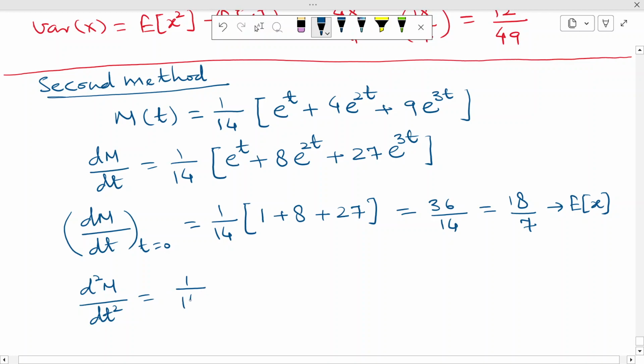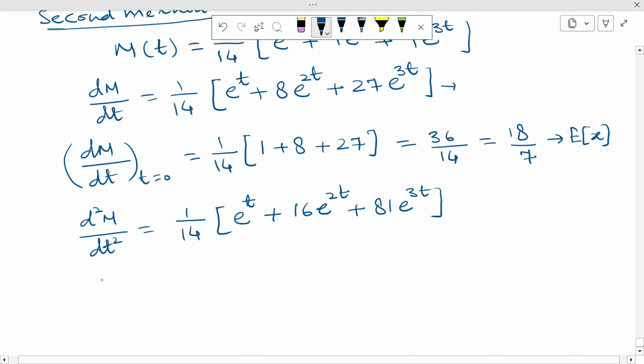So this will be 1 by 14 e to the power t. What we are doing, we are just differentiating this expression because this is the first order derivative. So if we are differentiating it again with respect to t, we will obtain our second order derivative. So this will be e to the power t, next we are having 16 e to the power 2t plus we will be having 81 e to the power 3t. So when you are obtaining the value of this at